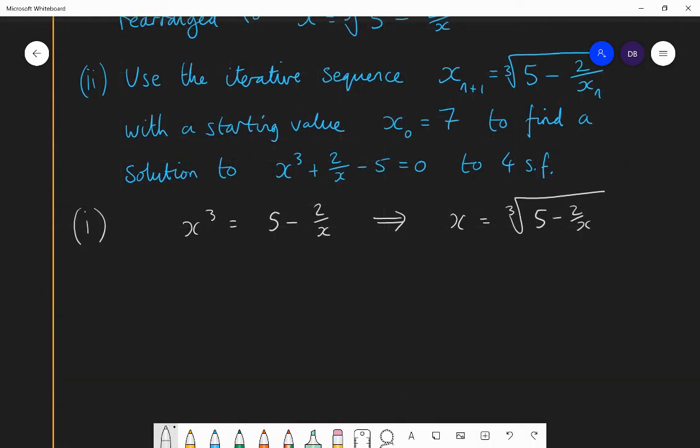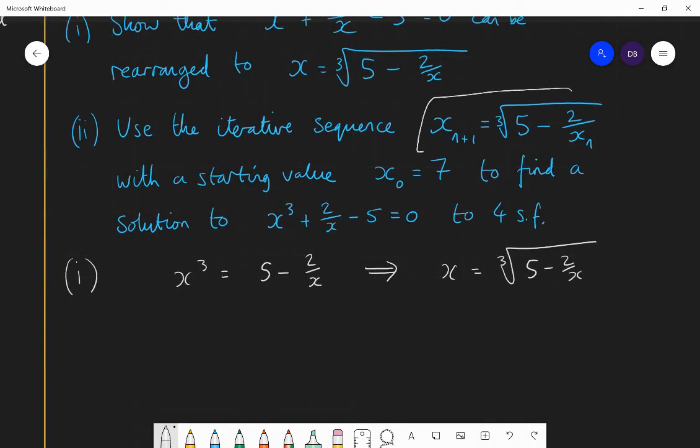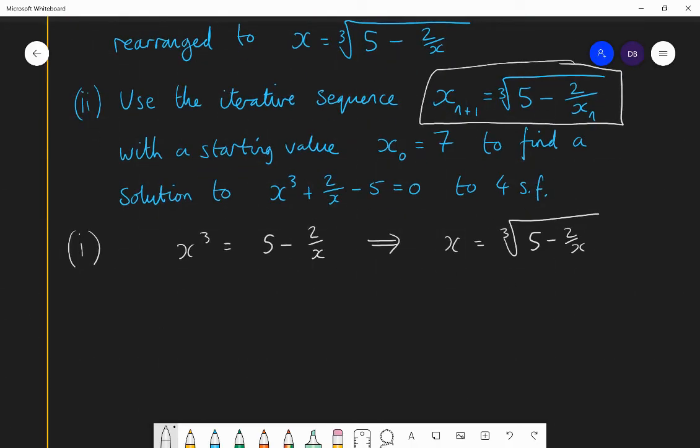Then that turns into the iterative sequence we have here, this recurrence relation. And it tells you that x0 is 7. So I type in my calculator 7, press equals. And then I type in on my calculator the cube root of 5 minus 2 over answer. And when I press equals, it'll give me my first value of x, which should be